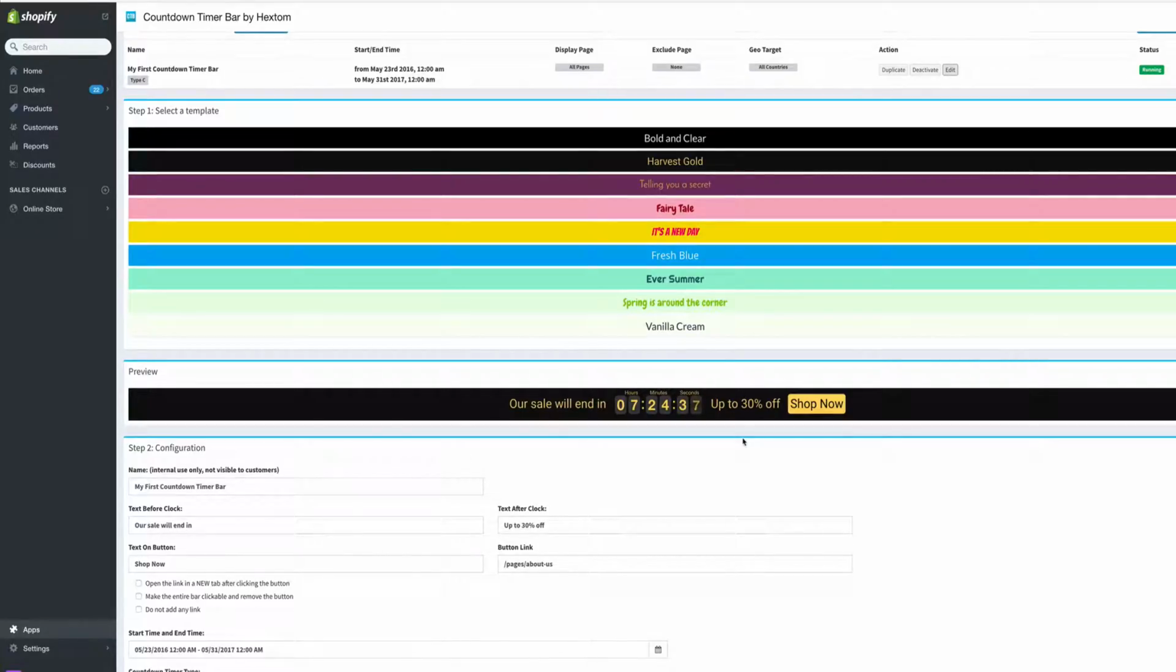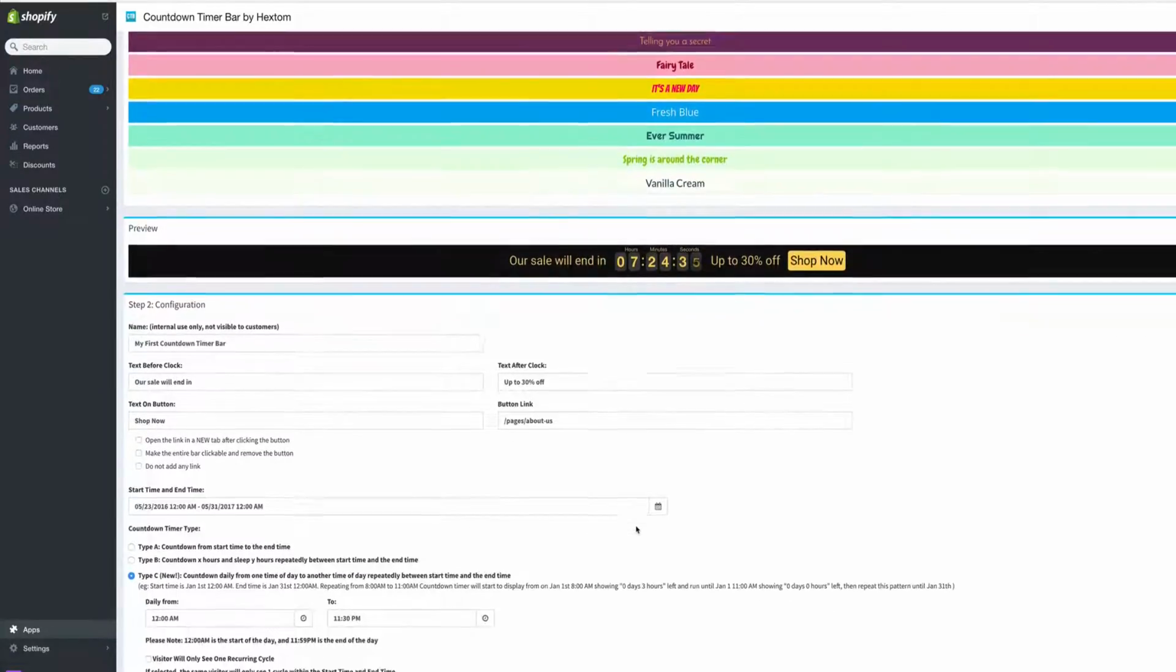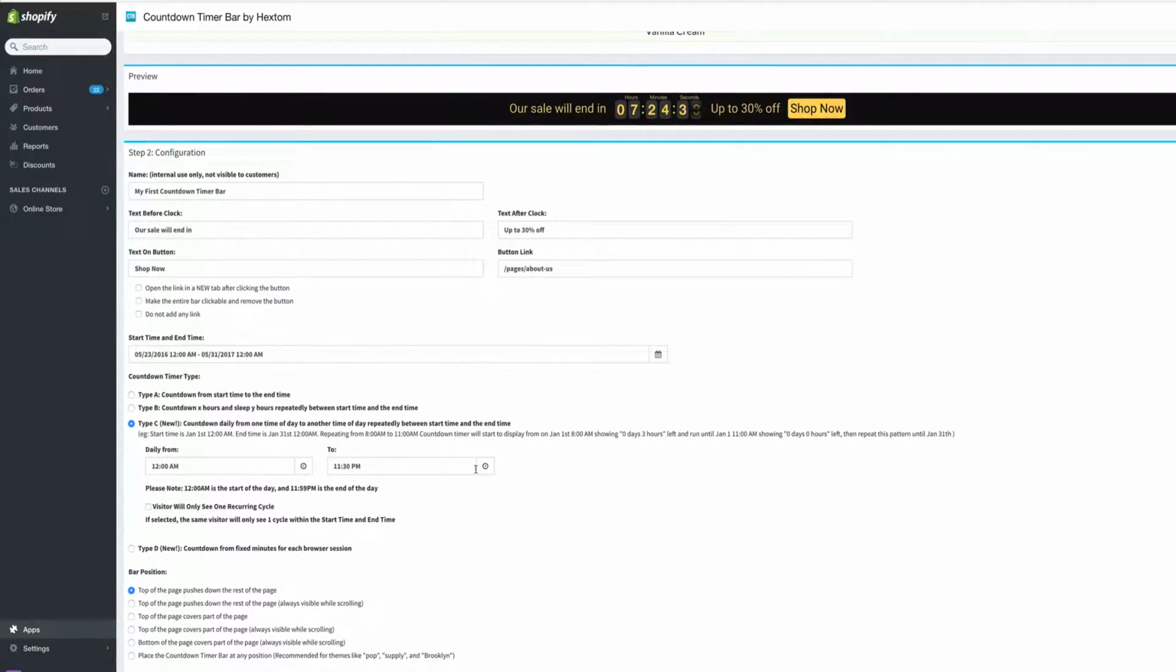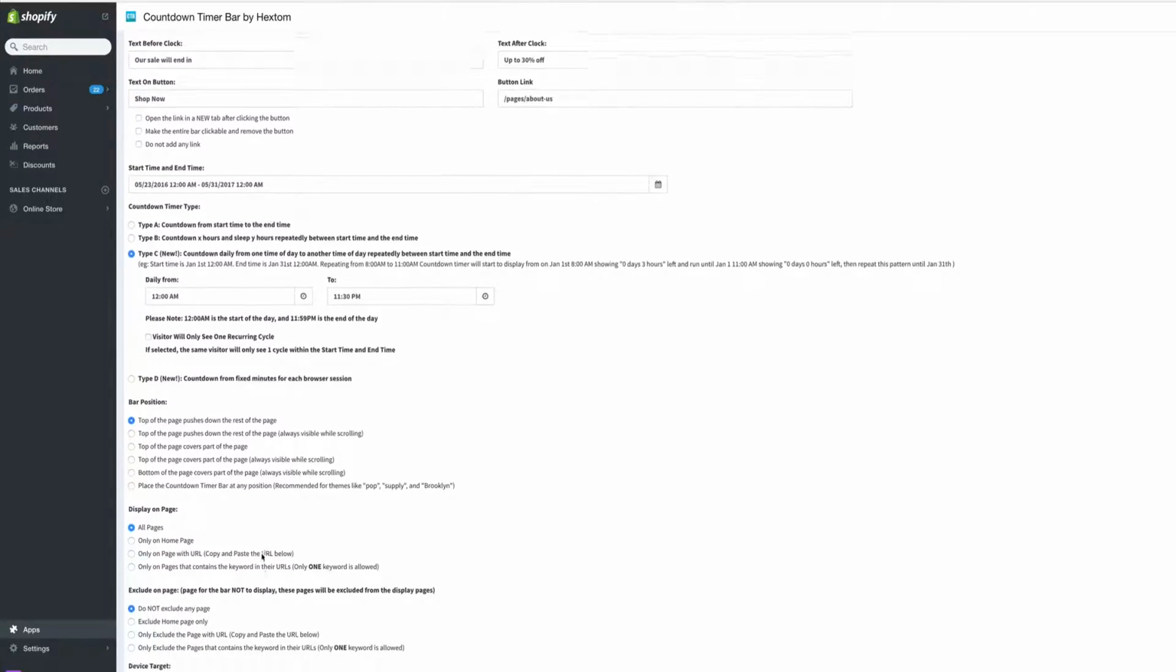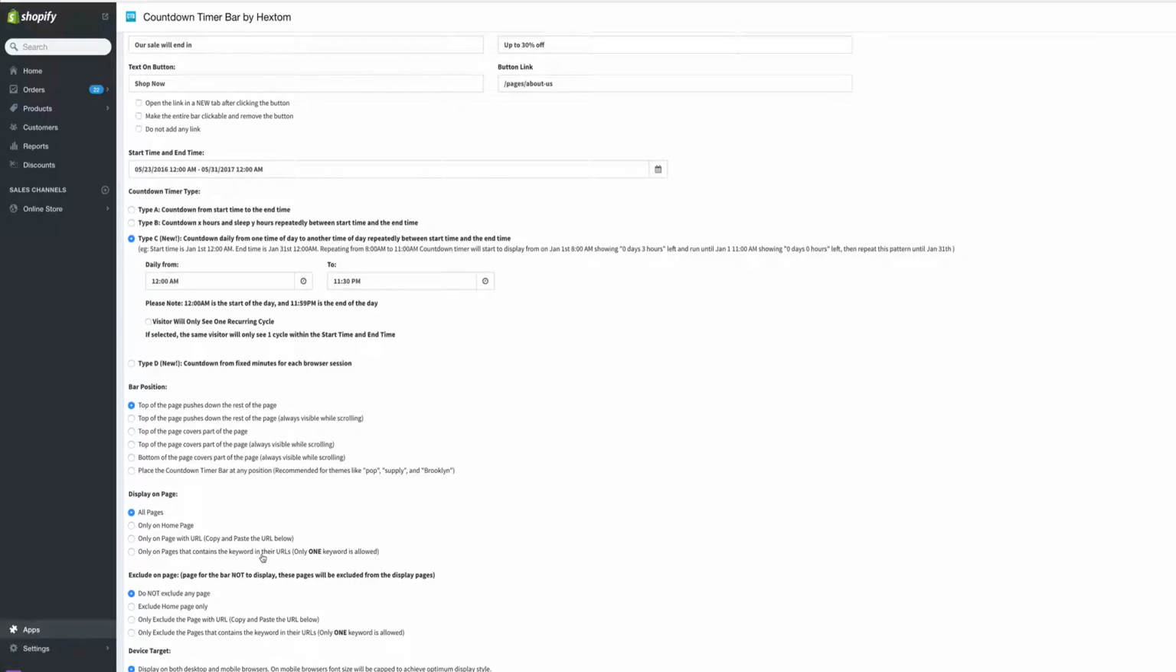Now, I always put a sale on there, and I have it set to where it resets at 11:30 every day. So you can see here, I'm going to have it on type C, countdown daily from one time of day to another time of day, repeatedly between start time and end time. So every time it goes from 12 a.m. to 11:30 p.m., at 11:30 p.m. it starts right back up again. I have it at the top of the page, and it pushes the rest of the page down just so that it makes the site look better. Every time somebody scrolls, they're able to see that there's only so much more time